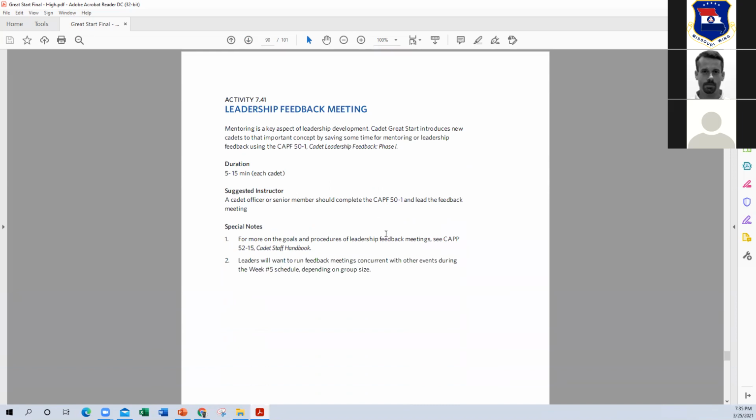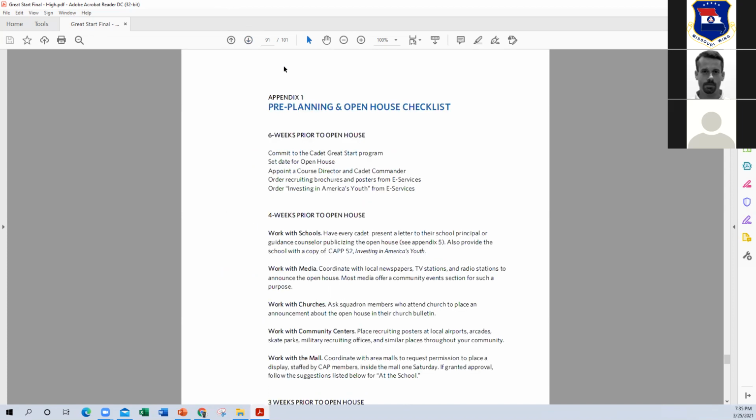All right, and then page 91 are the checklists. So these are the things that are mentioned up above on the administration portion and how to do it. But this is where in the appendix the checklists are. So there's a checklist on